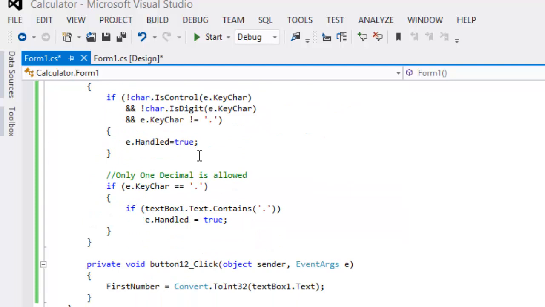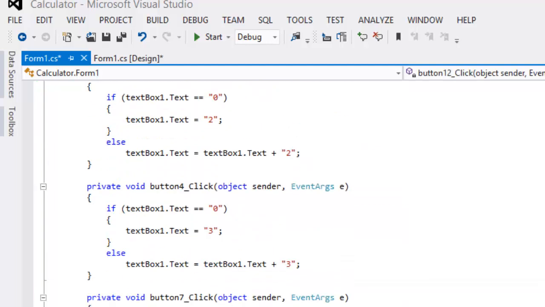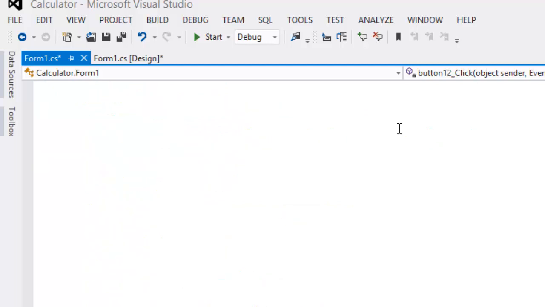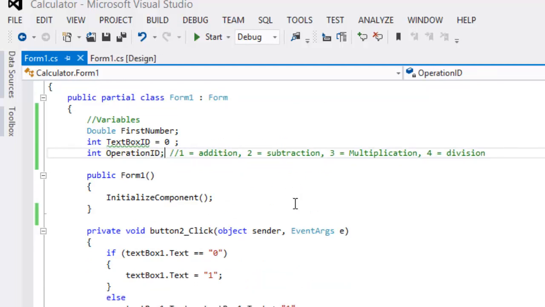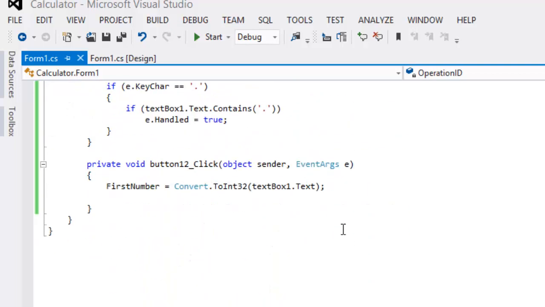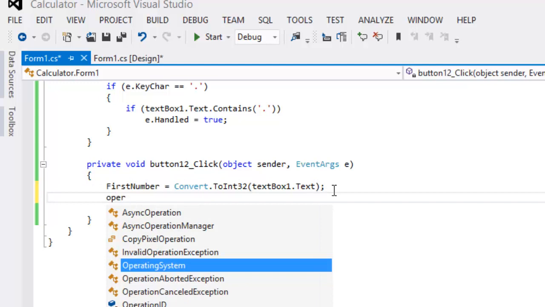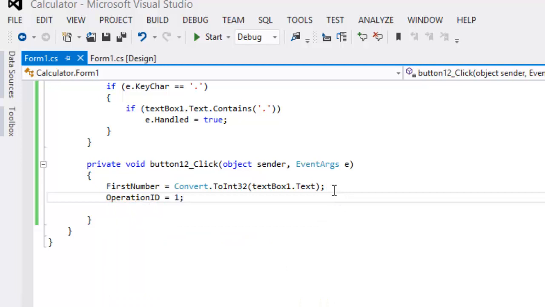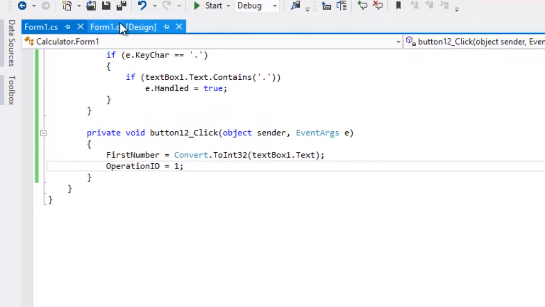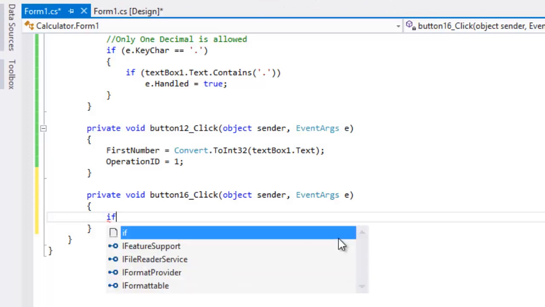Let's see, now we're going to change that, or we'll call it operation, or let's call it operation ID. Okay, so right now this is addition, so operation ID is equal to 1. So what we did right now is, again, we store the first number and we put the operation ID to 1, and now we go to the equal sign, double click on it, and we check,